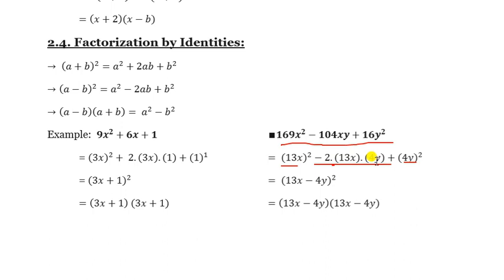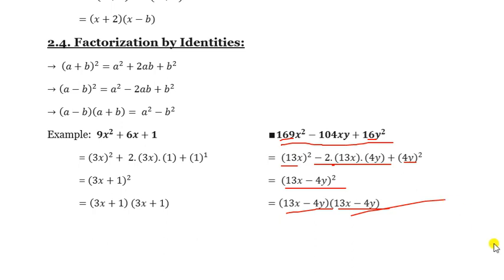So a², b². For that you should know the square numbers. Then from here we can write (a − b)², because it is the formula (a − b)² = a² − 2ab + b². So a minus b, that means (13x − 4y)², which means how many times present? Two times. Sorry, it will be 13x, not 3x. So (13x − 4y) and here also (13x − 4y). In this way you have to use this formula.